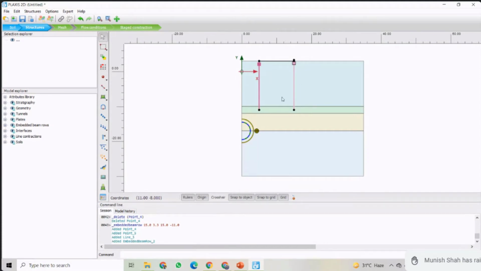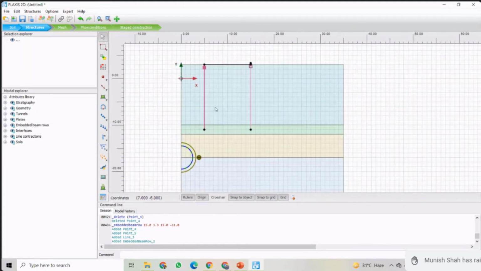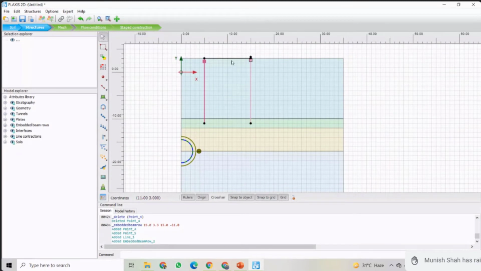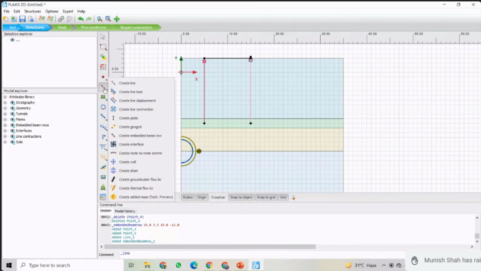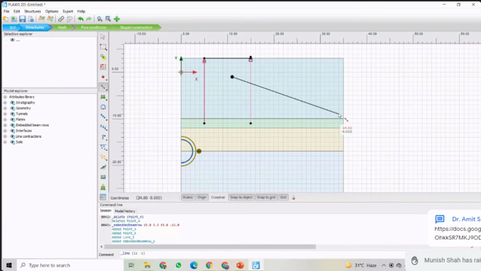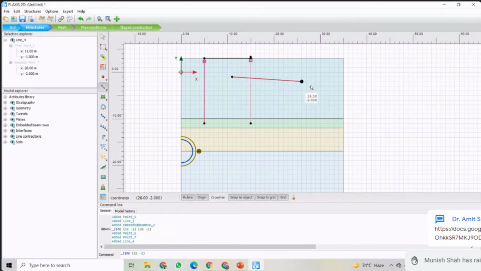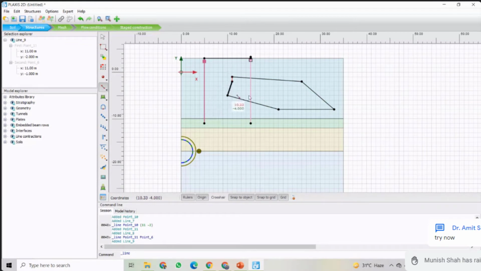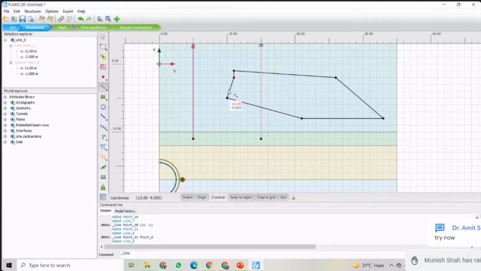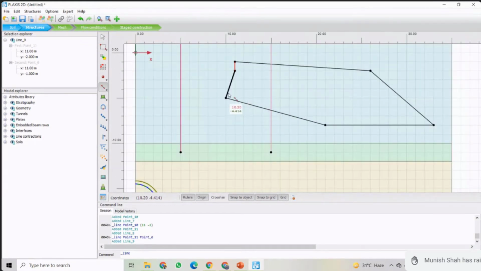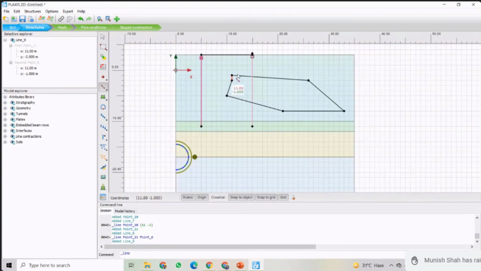This will be helpful when we need to create this type of model, when we are required to create a line, or from this type of lines, because we cannot select each point. And also if we require to add some points at the center here, then we can provide them through this command option. So I am just doing the undo of this.